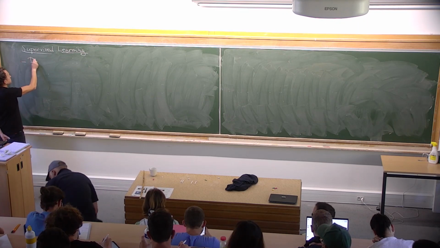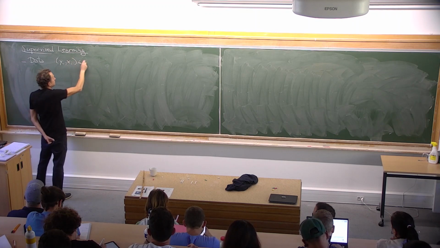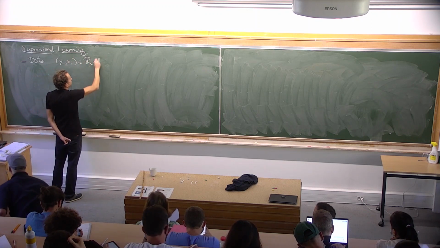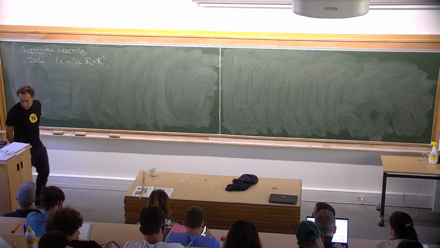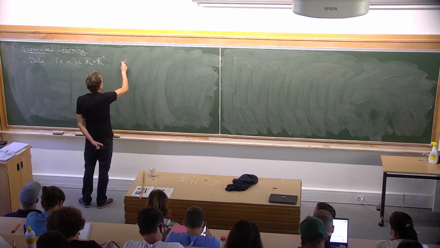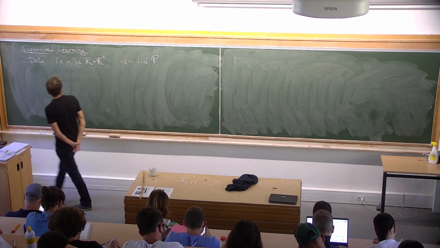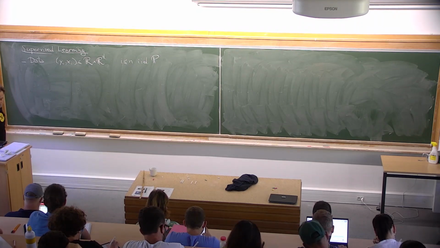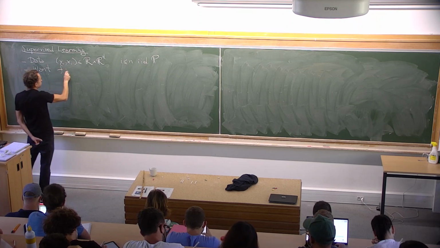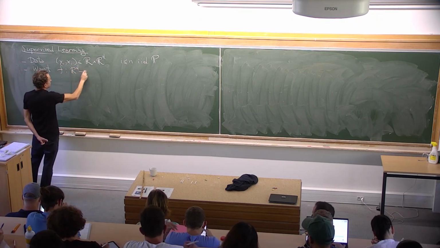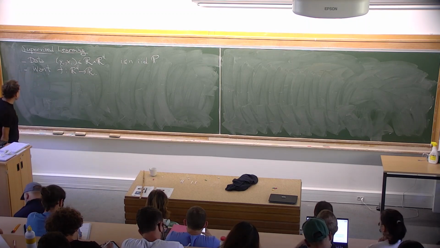So what is the problem? We have data that are (y_i, x_i). The y_i are responses, and the x_i's are covariates or feature vectors, and you have n of them, and they are IID with some common distribution P on this space. And what I want is a model that is a function from R^d to R to predict a new response from a new covariate vector.